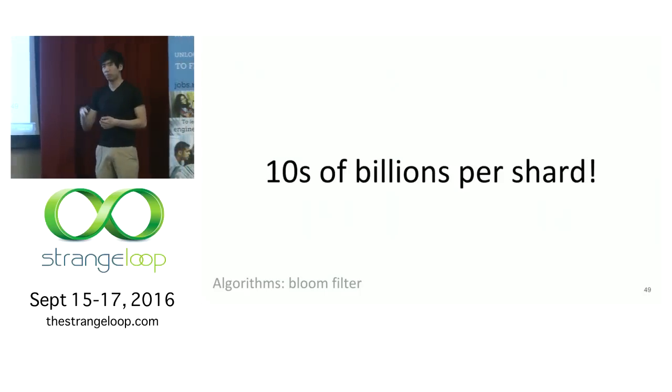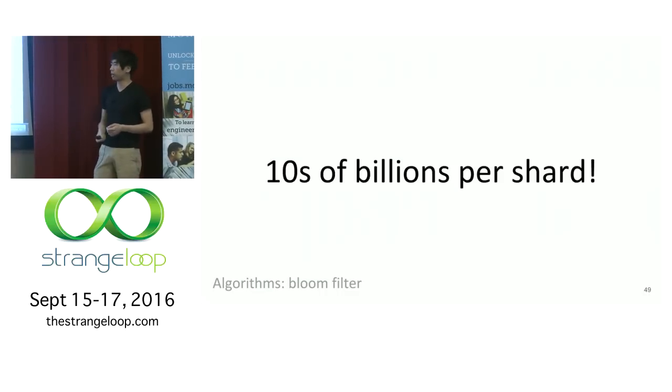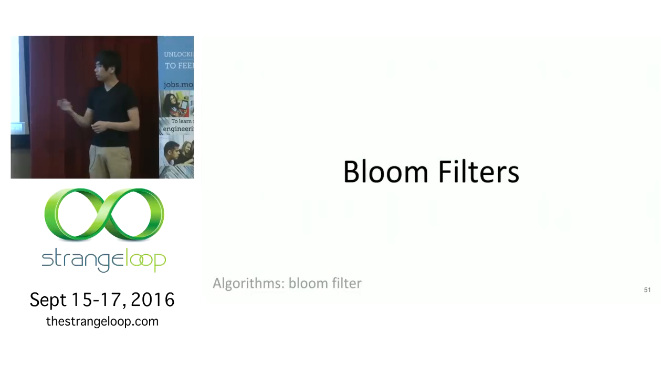One thing you can do is use a bit vector. So instead of storing 64 bits, maybe you store 1 bit for each document. But that's a small constant factor improvement. So the other thing you can do is hash. Most documents do not contain most terms. So instead of having a unique entry for each term, you can hash this down to a much smaller space. It's fundamentally what a Bloom filter is.